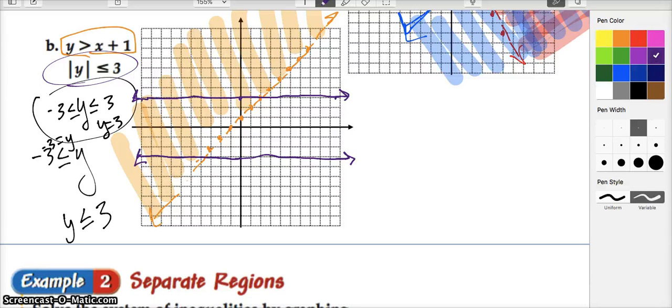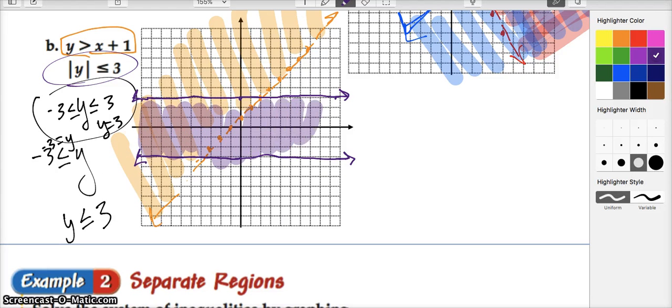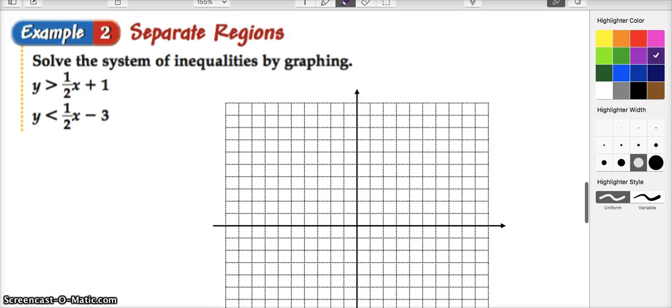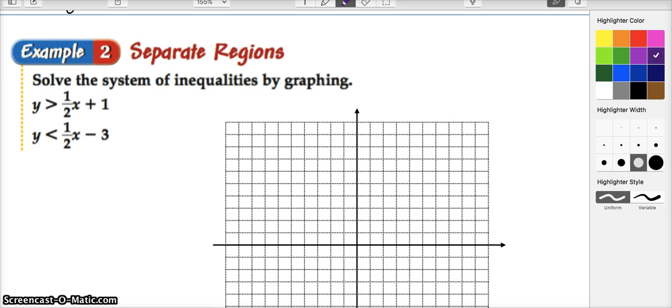These two conjoined together would give us a shading of in between, so I'm going to do that now. And so now our solution area is this little space here, going out to infinity in this direction. You guys with me? The solution area is the overlapping part that I'm trying to highlight right here. All right. So sometimes we're going to get that, and sometimes we'll have areas that don't overlap, that are separate